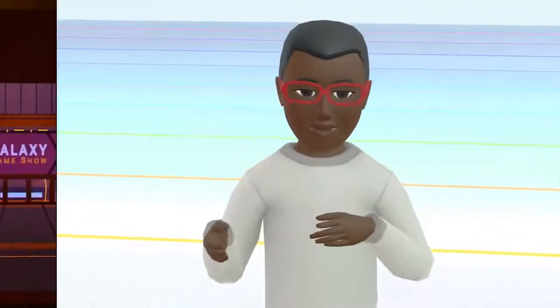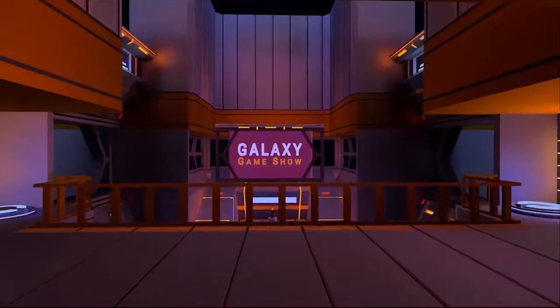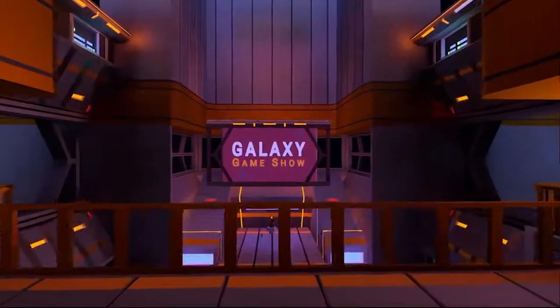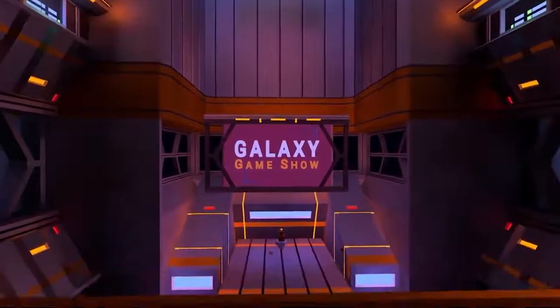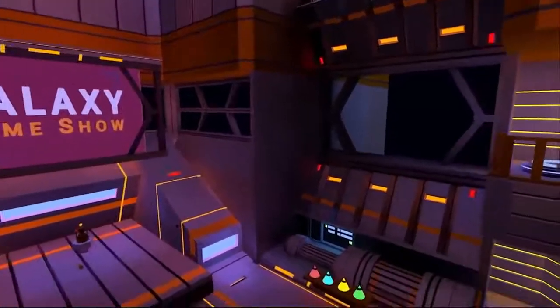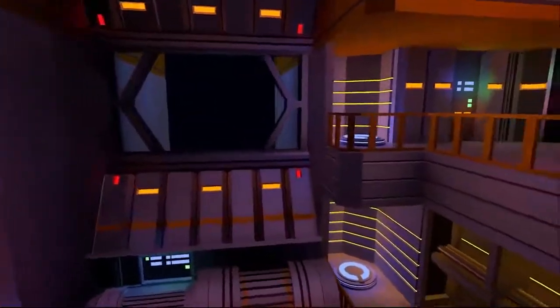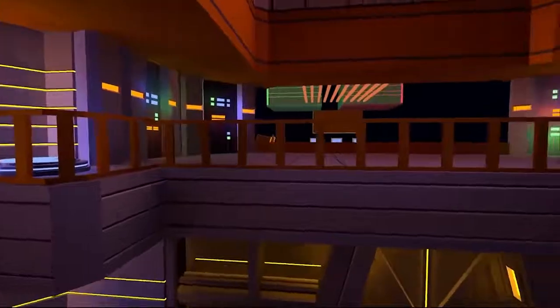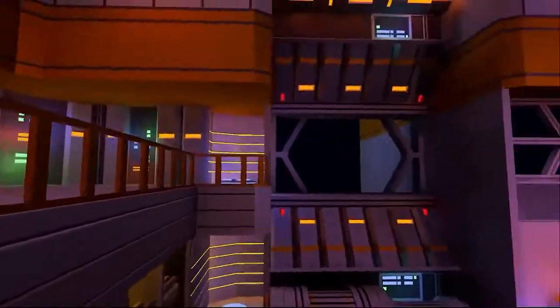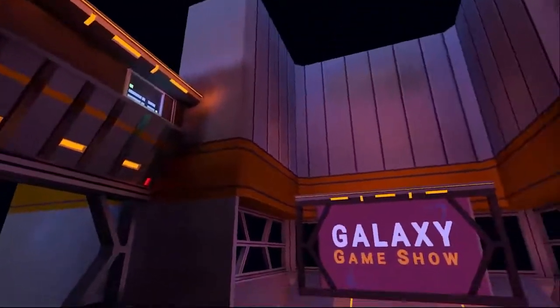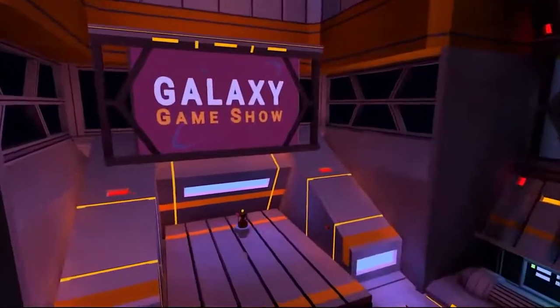I'm going to give you an overview of the tools, so let's take a look at one of the worlds that I've made. This is the Galaxy Game Show world, an experience made in Horizon Creation Tools in collaboration with 3D artist John Lomax and prototyper Vu Ha. In the context of this world, I'll walk through some possibilities with the creation tools. But once again, don't forget, you can add other people as collaborators to your world.